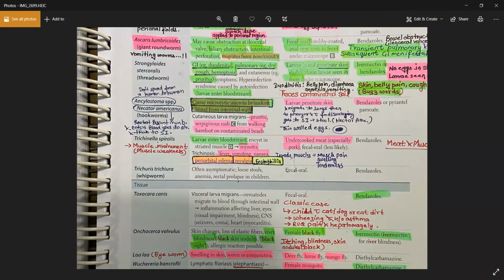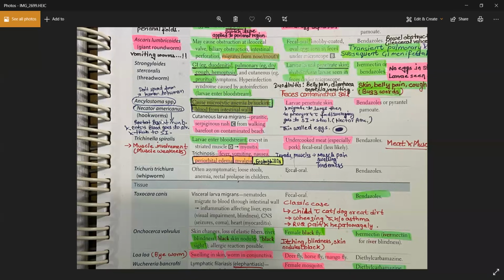Then comes Ancylostoma species and the Necator. The only thing that you need to know about these organisms is just they suck your blood, and they cause the microcytic iron deficiency anemia by sucking the blood from your intestine wall. Very important. And just like in case of Strongyloides, you can also get the serpiginous rash in case of